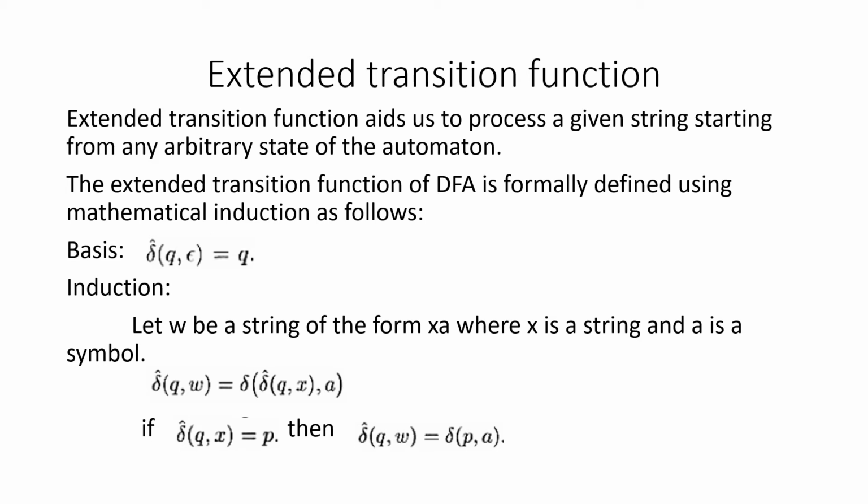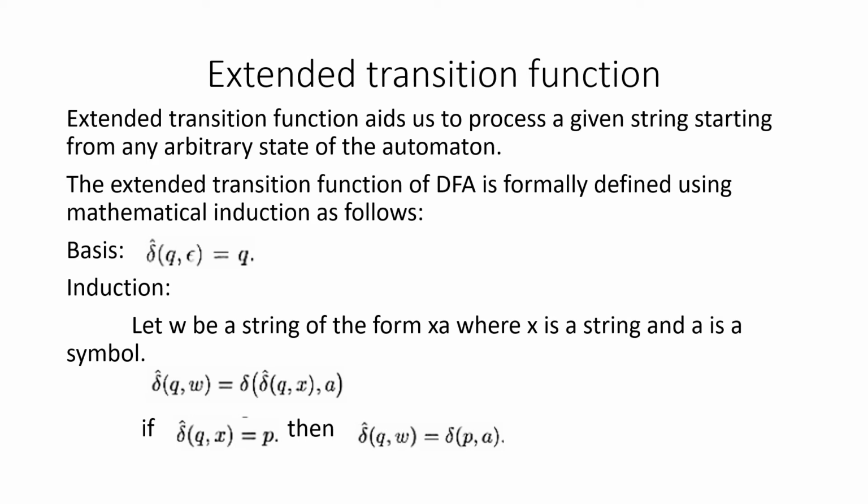So I am using the extended transition, that is the cap symbol, because W is an input string. Now I am rewriting it like this. Here X is a string while A is an input symbol. Hence here this transition function contains the cap symbol while this transition function does not contain it, because it is going to take a symbol as an input, right? So for this proof, for this definition purpose, we'll assume that q comma x gives me the state p. In a DFA we know that every transition function gives me exactly only one state as the output, right? So this becomes p comma a.